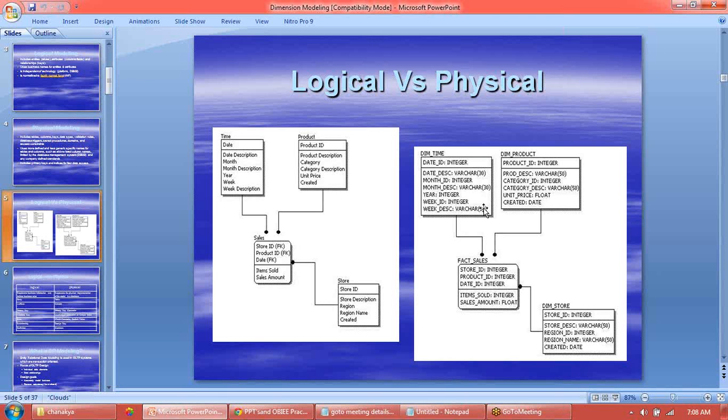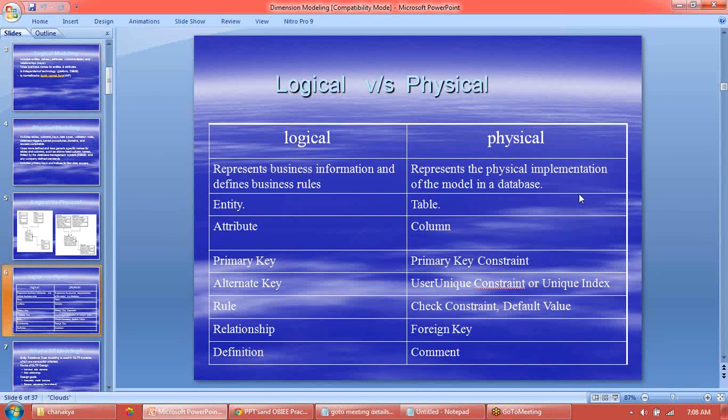Once you create the physical model, it is with respect to a database. But the logical model you can use on any database, right? So you can create the tables using your scripts in different types of databases. But once your physical model is created, it is specific to a particular database. Okay. Now,